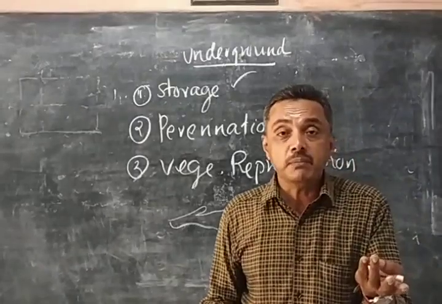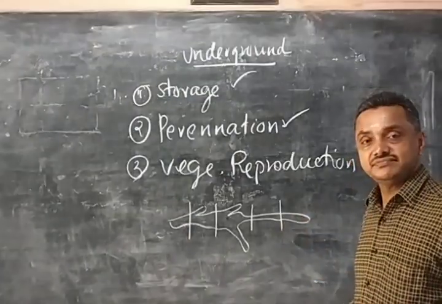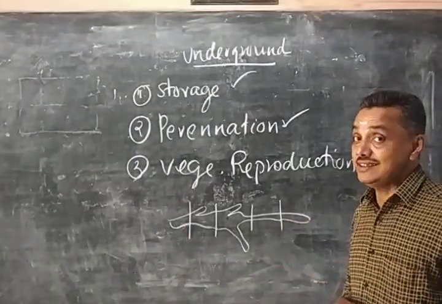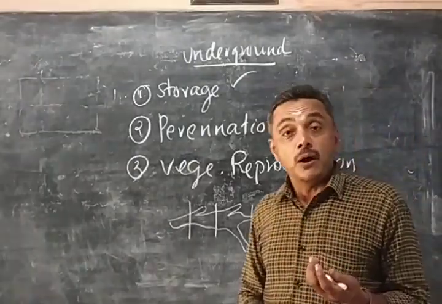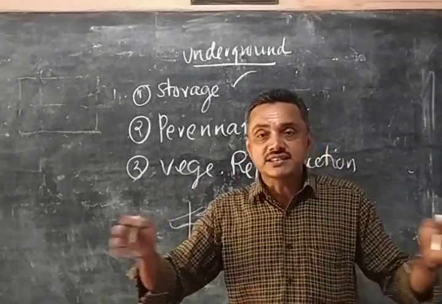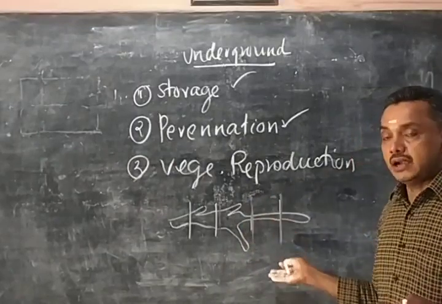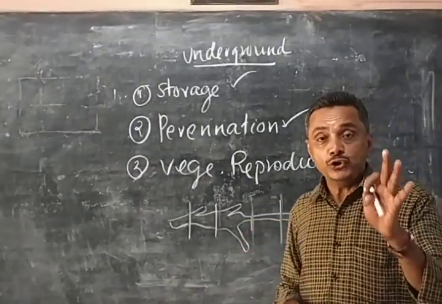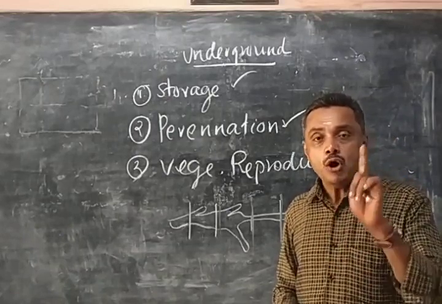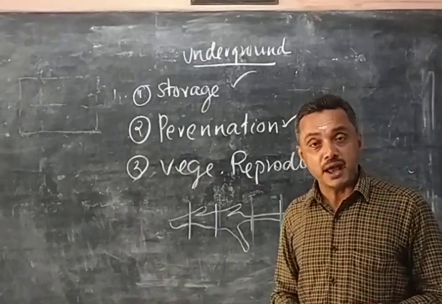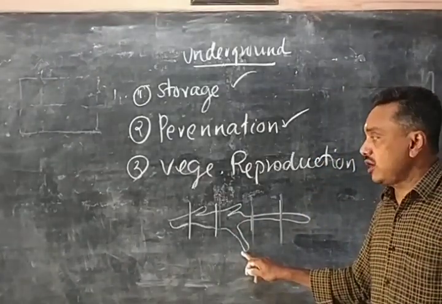So how does the ginger plant multiply? We cut the ginger into pieces and grow them into new plants. In ginger-like plants, there is no seed, nothing is there. How do they multiply? As in the case of fungus, we have seen that hypha cut into pieces. Like that, in ginger-like plants, the stem is cut into pieces and develops into new plants. So this is production of a new plant from a vegetative organ. What are vegetative organs? Stem, root and leaves are called vegetative organs of the plant body. So production of a new plant from vegetative organs of the plant body is called what?